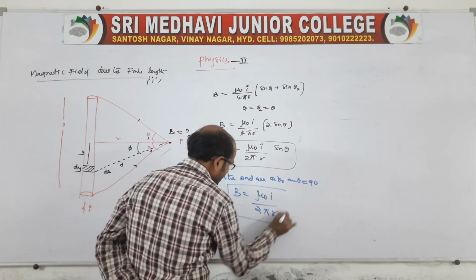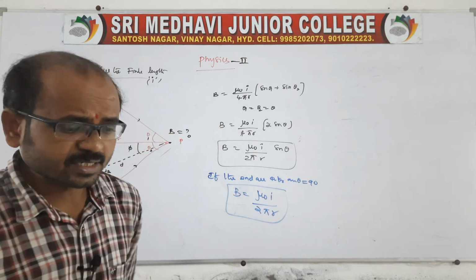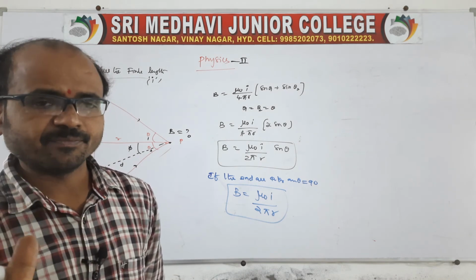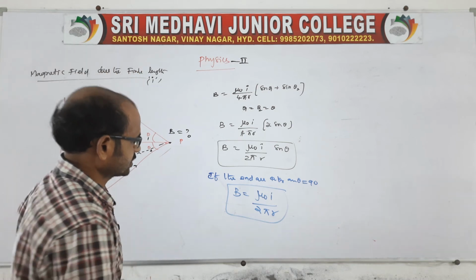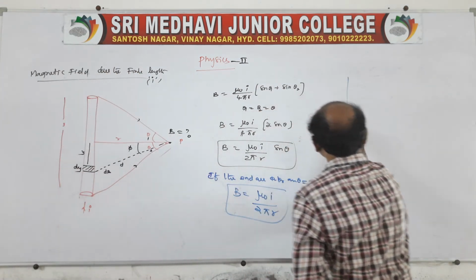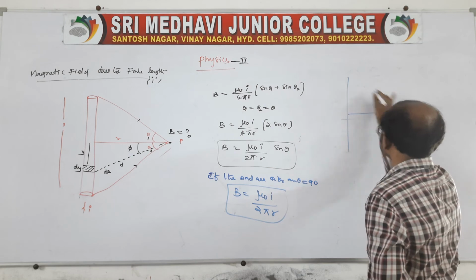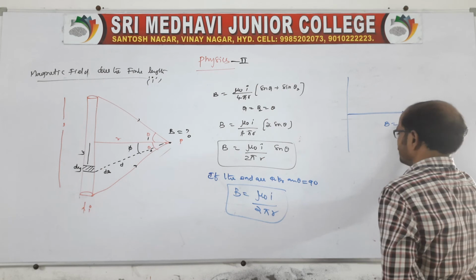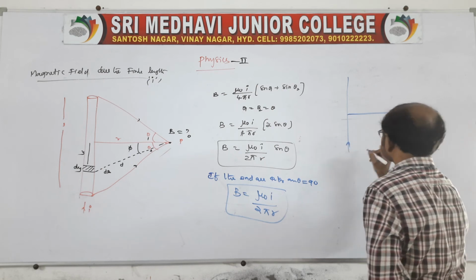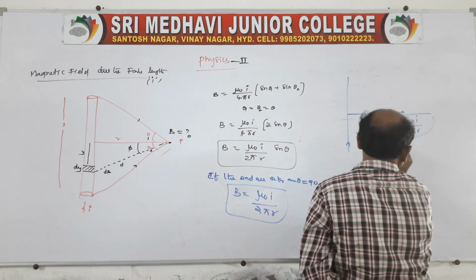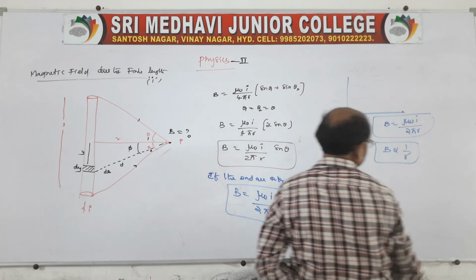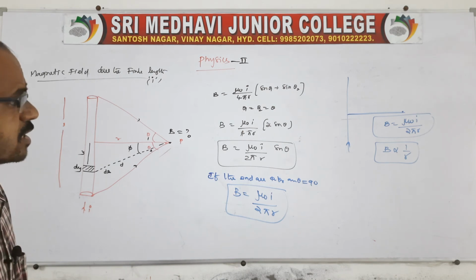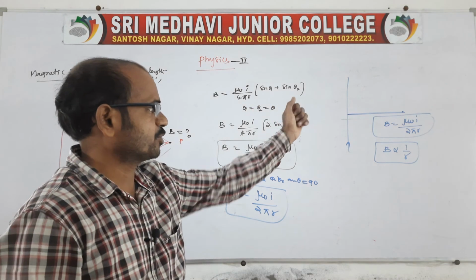This is the straight current carrying conductor producing the magnetic field induction at a point P from the center of the current carrying conductor. The ends are making an angle 90 degrees, no? Then B will be mu naught I by 2 pi r. So we can say B is inversely proportional to r. As r increases, B decreases. So like this, it is related to Ampere's law. B is equal to mu naught I by 2 pi r.